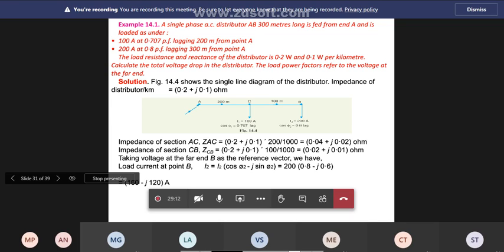So what is given? AB, the total length is 300 meters. Distributor length is 300 meters. But